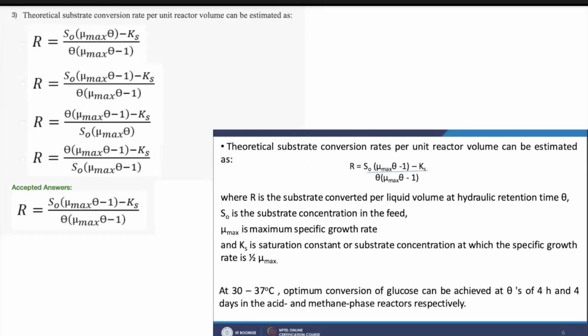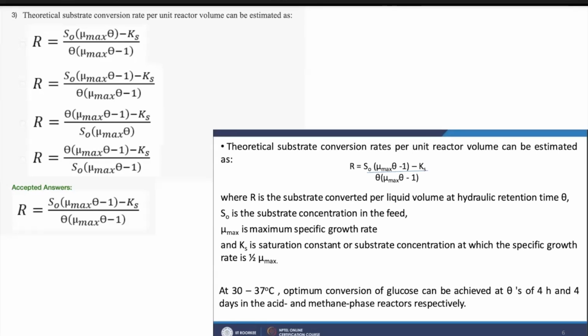That's R equals S naught mu max theta minus 1 minus Ks upon theta mu max theta minus 1, where R is the substrate converted per liquid volume at hydraulic retention time theta. S naught is the substrate concentration in the feed, that is the initial concentration. Mu max is the maximum specific growth rate of the microbe. And Ks is the saturation constant or substrate concentration at which the specific growth rate is half its maximum specific